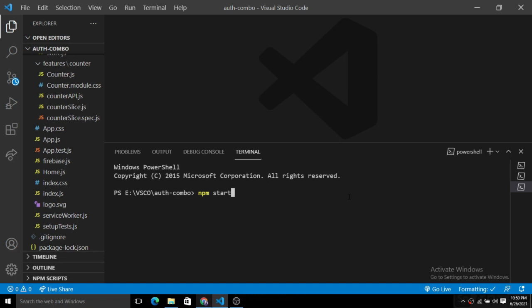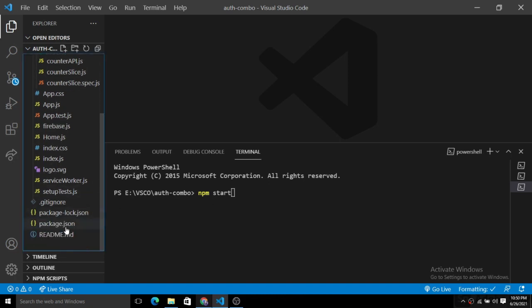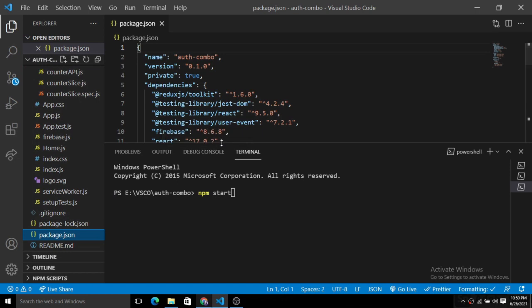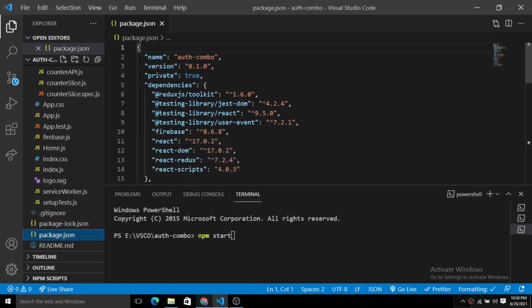Now I'm going to install the required dependencies that we are going to use to build our authentication, and we need only one dependency. I'll show you the package.json. The only dependency that we need is Firebase.